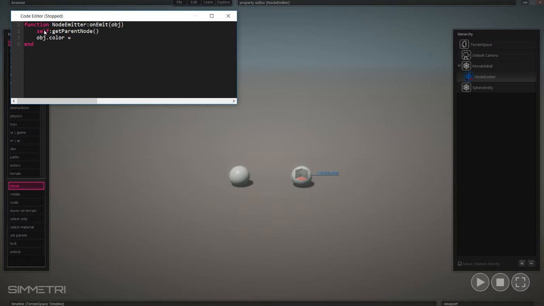And now that parent node is this movable ball. So we're going to get that movable ball's rigid body, get rigid body, open close parentheses, colon, for the next function. And then we're going to get the rigid body's linear velocity, get linear